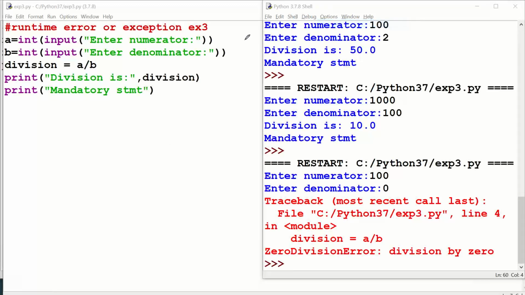So that is the reason your interpreter is executing these lines up to A by B. 100 by 0, it cannot handle this step. This is the line it is not able to process properly. So from here it is jumping out, right? Abnormal execution means that. So what had happened? At the end of the day, our important statements we are not able to execute, right?